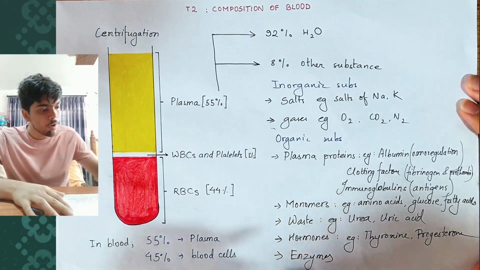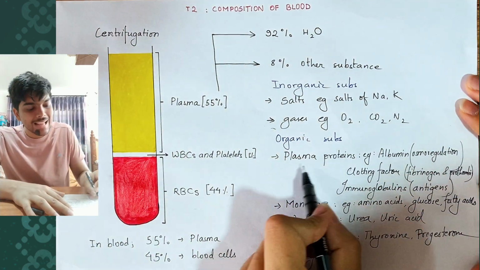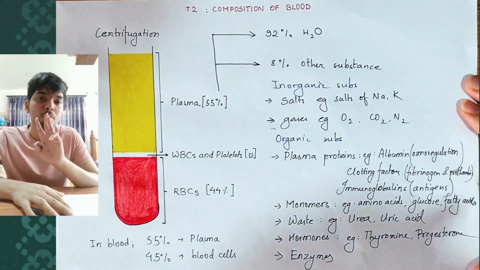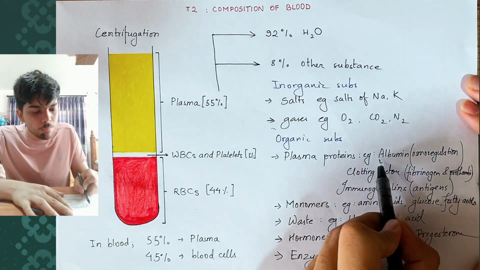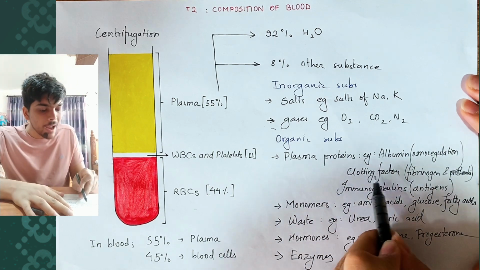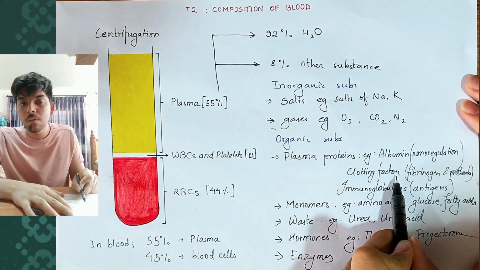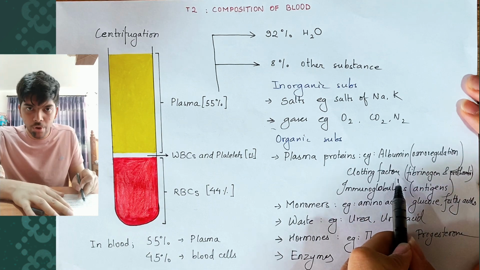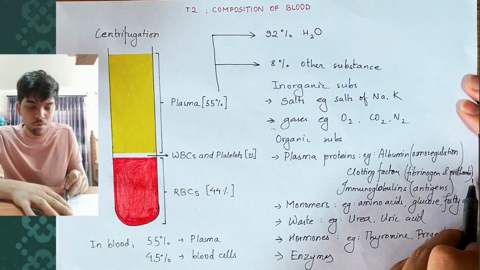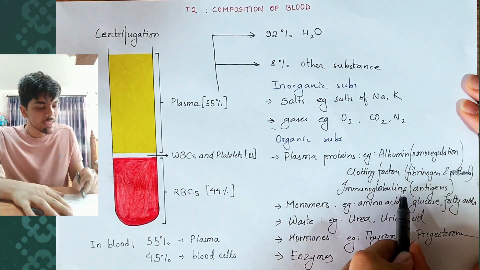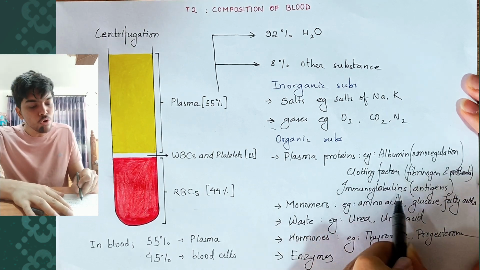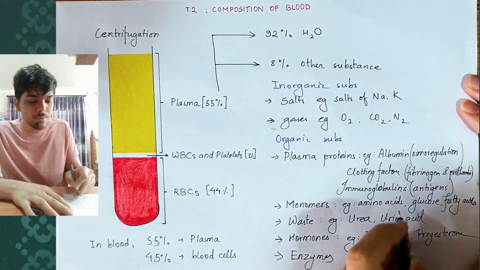The organic substances present are, number one, plasma proteins. The proteins that are found in the plasma of the blood are called plasma proteins. There are various plasma proteins, but the three major plasma proteins that you need to know are albumin, which is responsible for osmoregulation; clotting factors, which are responsible for blood clotting or healing of wounds. There are two major clotting factors, fibrinogen and prothrombin, found in your blood. Then immunoglobulins. These are globulin proteins that make up the immune system of the body, so-called immunoglobulins, and they are nothing but the antibodies